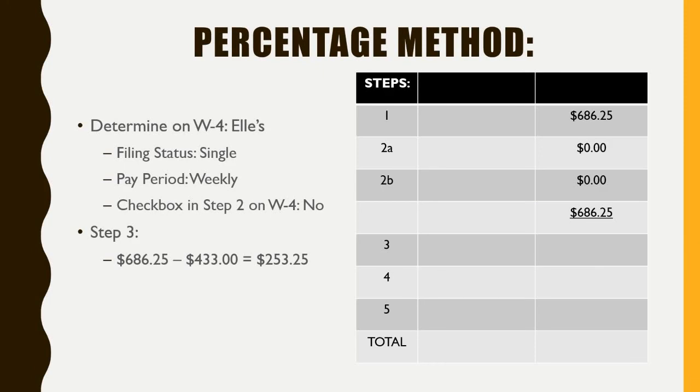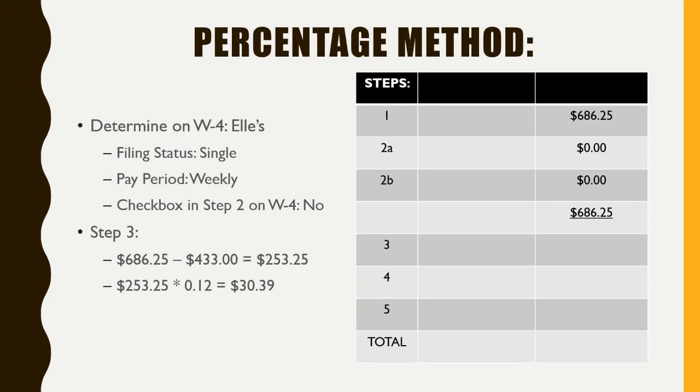Okay? So first thing is that we claimed that she fell into that row. So therefore, of $686.25, we get to claim $433. That's what the government lets us keep. Okay? So now in excess, we have $253.25. This is going to be subject to that 12% tax. So you're going to take that $253.25 and multiply it by 12%. That's going to give you